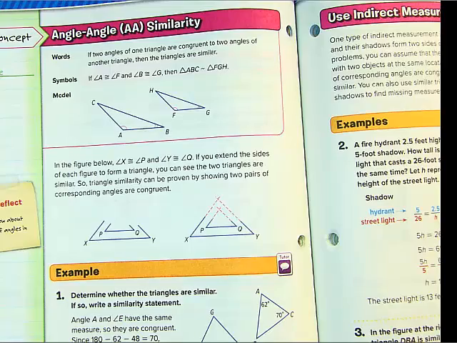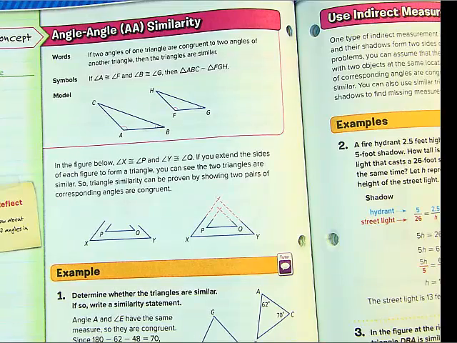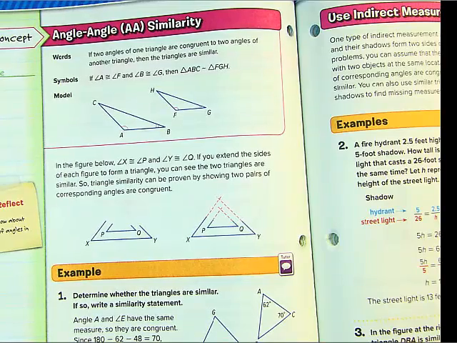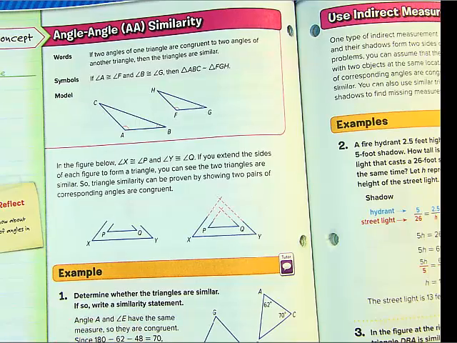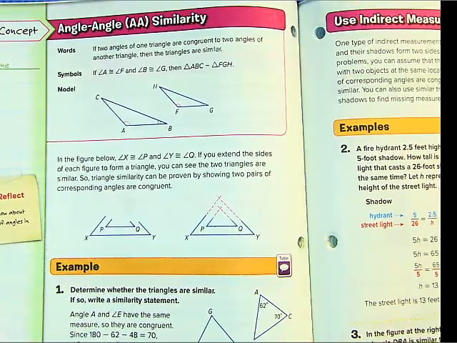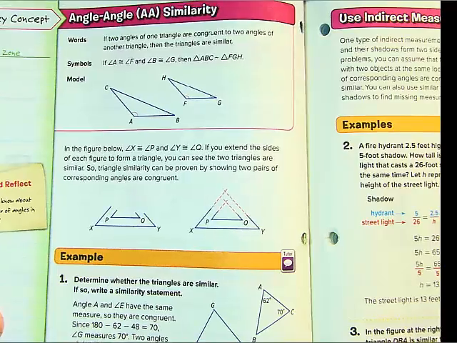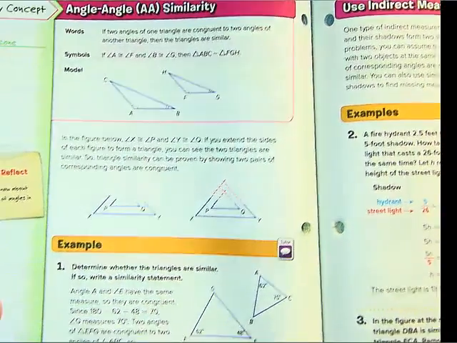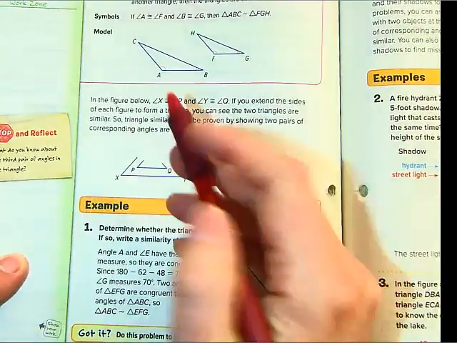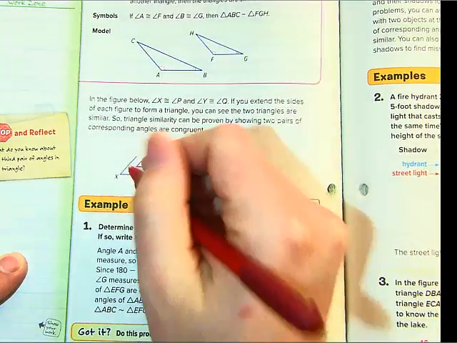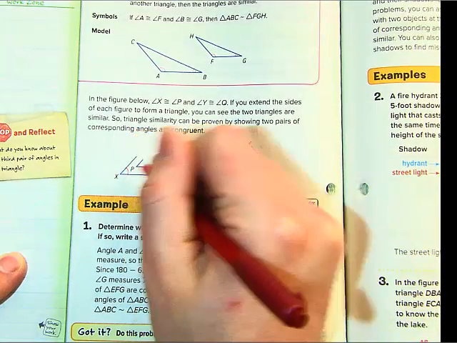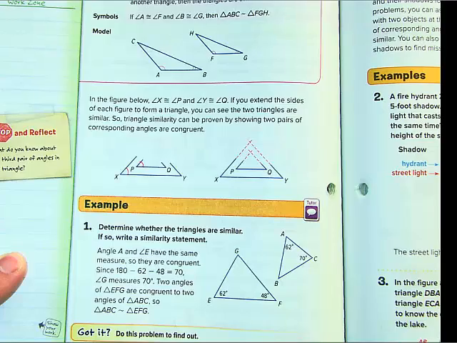If two angles are the same, we know the third will also be the same. And if all the angles are the same, we know a shape is similar, okay? And you are actually basically starting trigonometry here. This is the basics of trigonometry. So what it basically determines is if this angle here is the same as this angle here, we know these